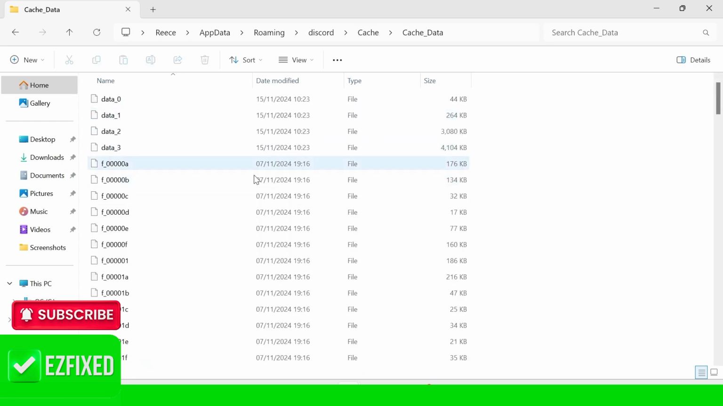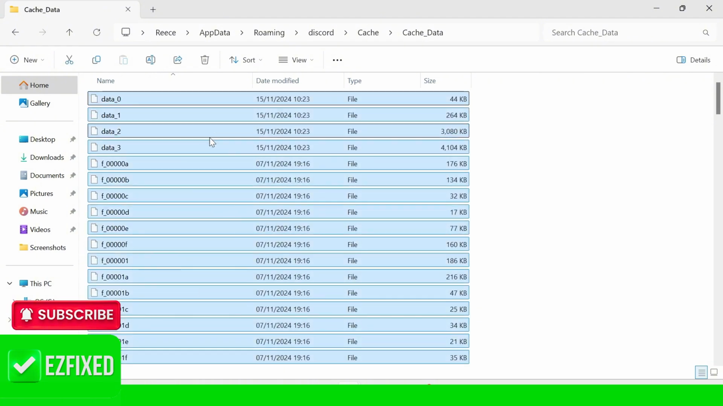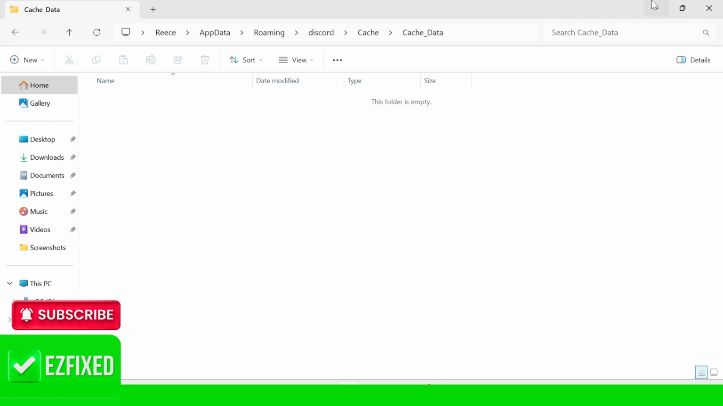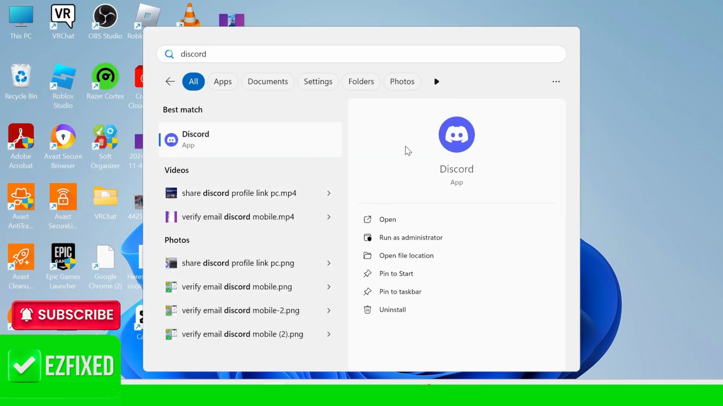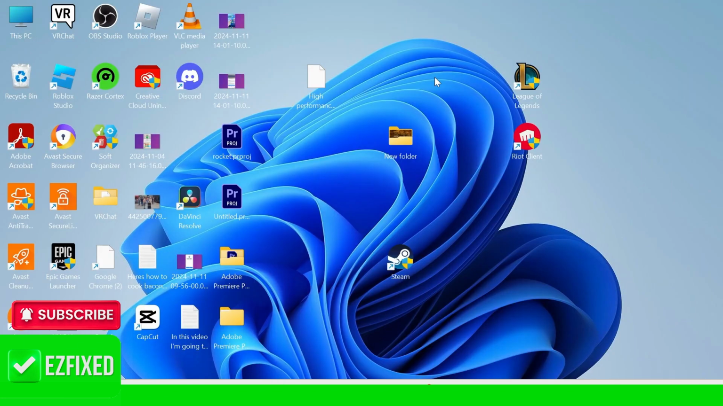And inside of here, you need to delete all of these files. So we're just going to press Ctrl A on the keyboard to select everything. Right click and press the trash icon. Once you've deleted all of the cache, you can then try reopening the Discord application and checking to see if that's working. If that's still not working, all you need to do is head back over to the start